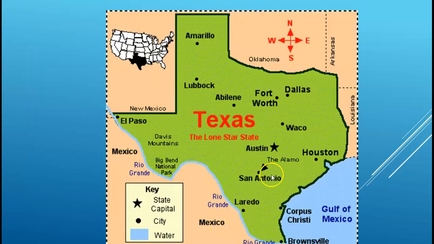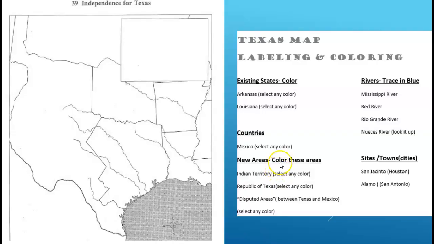So you can take a look here and see some of the locations of famous cities: Dallas, Fort Worth, El Paso in the west, Houston down towards the Gulf, and some of the other historical cities like San Antonio and Austin. So we're going to move on to the map that I had you working on that looked like this. So we're not going to show you everything, but pretty much what you should be doing is understanding that